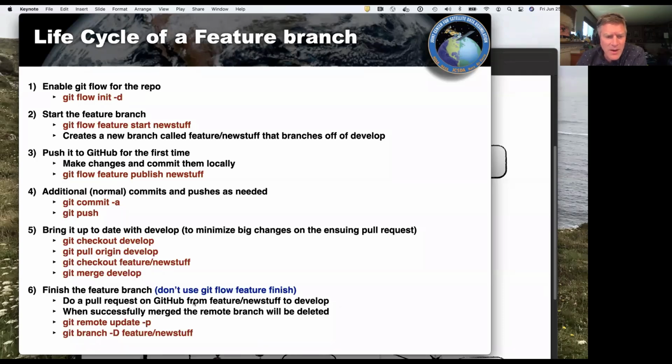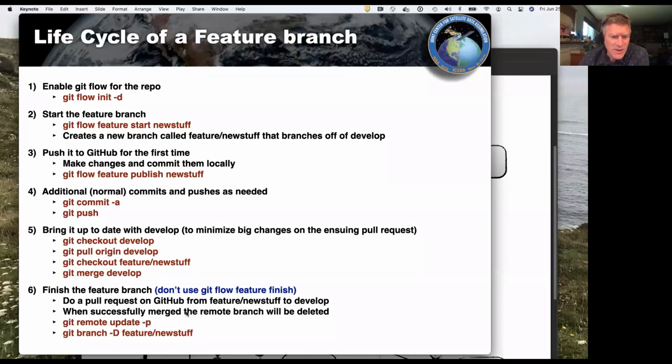And then there is a git flow feature finish, but you don't have to use it. We don't want you to use it, because when the feature branch is finished, we'll do a pull request on GitHub in order to merge that into develop so it can be reviewed. And the permissions are not set up. If you were to use git flow feature finish, that would merge the stuff back into develop. But if you tried to push that back to GitHub, then it wouldn't be accepted, because develop is a protected branch.